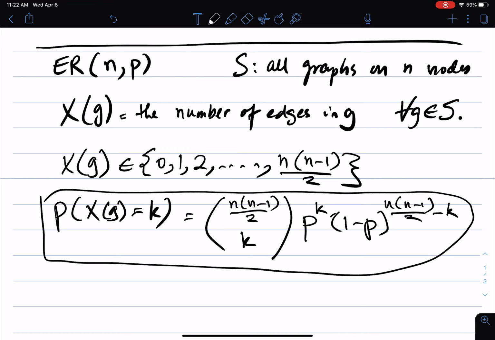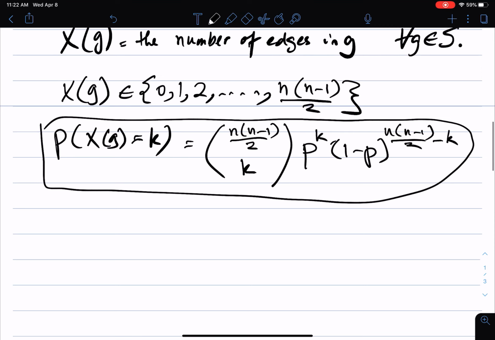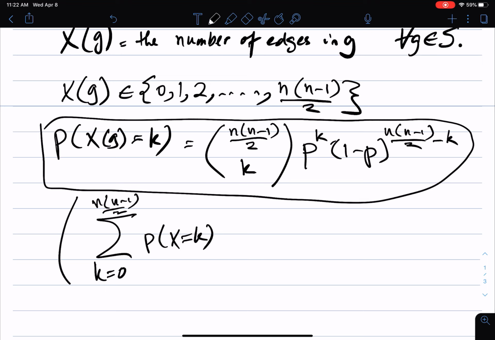Okay, and if you look at this probability P of X equals k, where k goes from 0 to n times (n minus 1) over 2, this must add up to 1, because it's a probability distribution. If you look at the sum of the probabilities of graphs having 0 edges, and 1 edge, and 2, and 3, all the way to n times (n minus 1) over 2, then the sum of this is 1. So to summarize, a random variable is nothing but a function that assigns a real value, a real number,